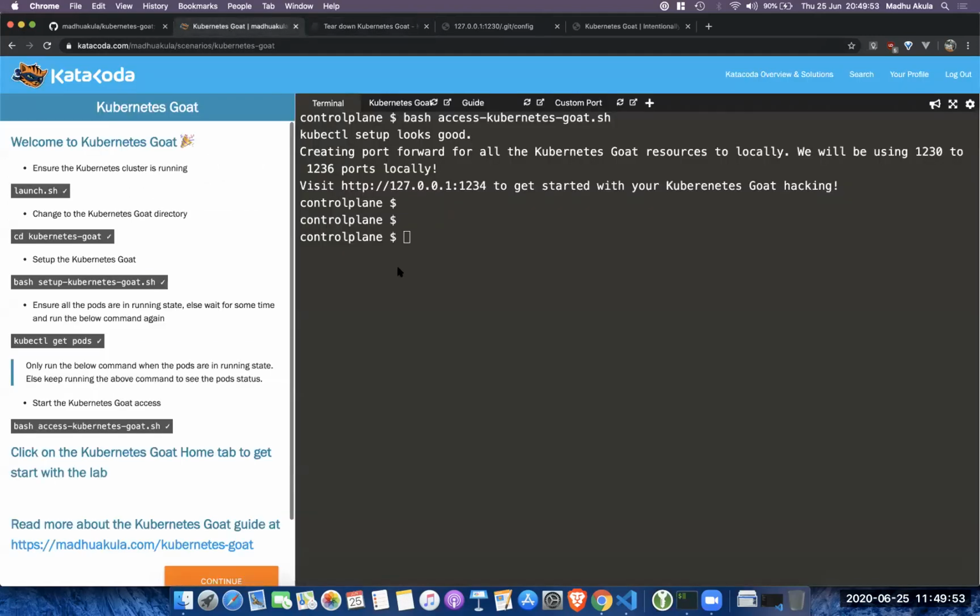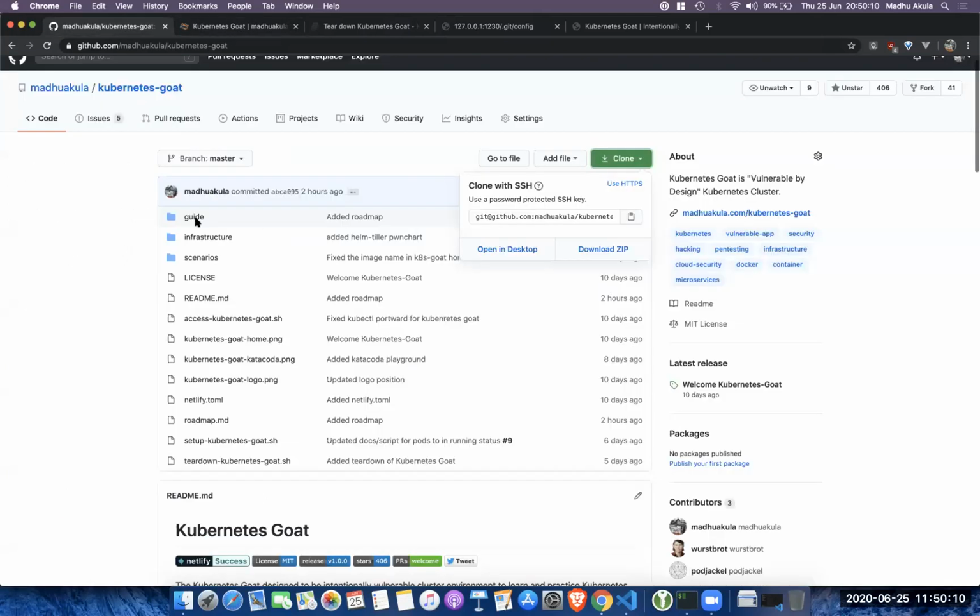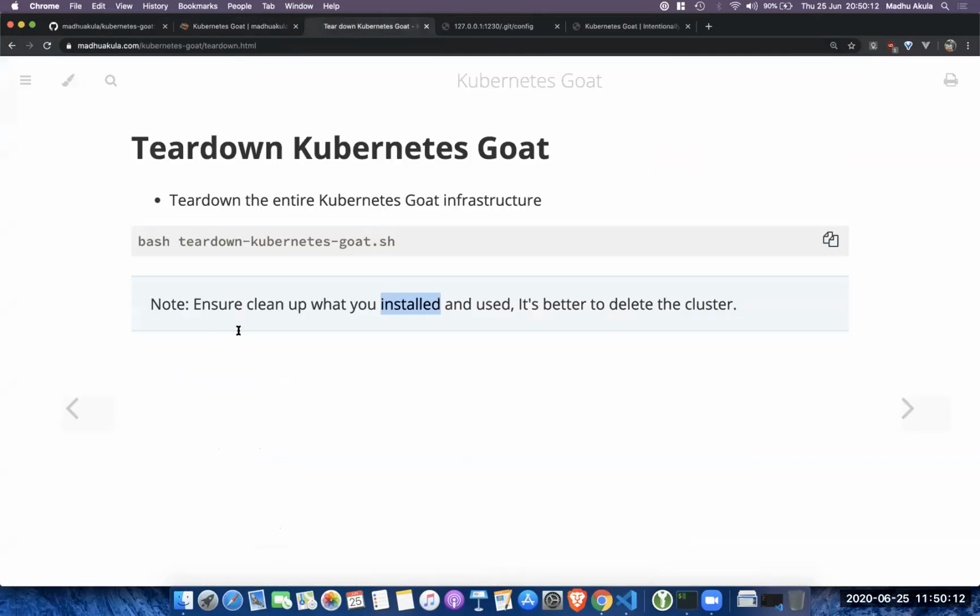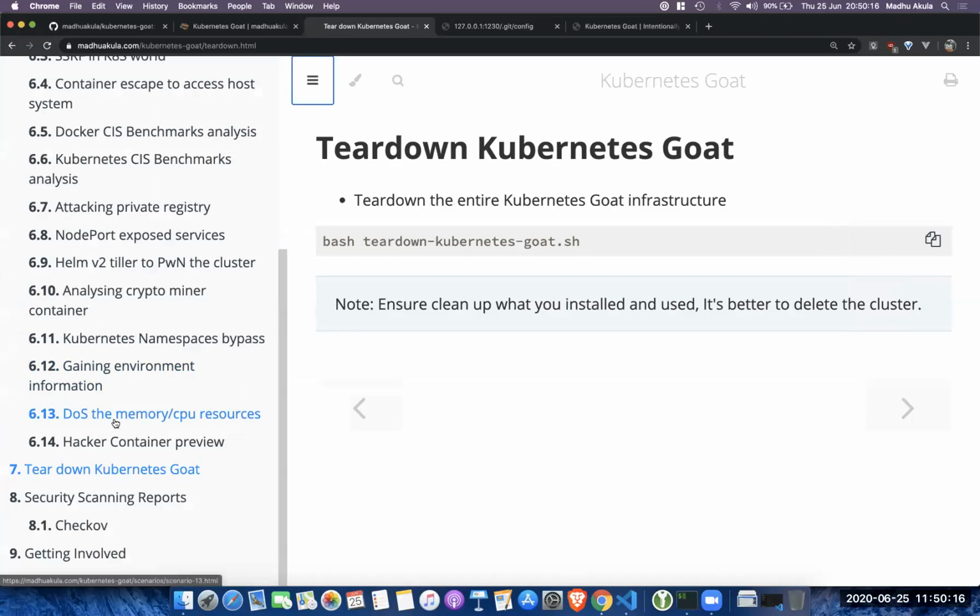And if you are practicing on the Kubernetes cluster from Katacoda, like I did here, once you log out or sign out, it automatically clears up the instance. So it should be pretty easy for you to get started, right? So that's it at a high level of what exactly the Kubernetes Goat project is trying to do and how to get started.